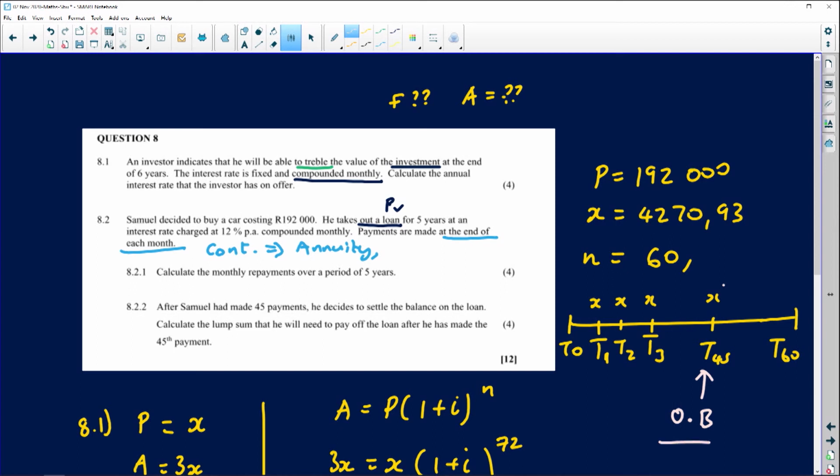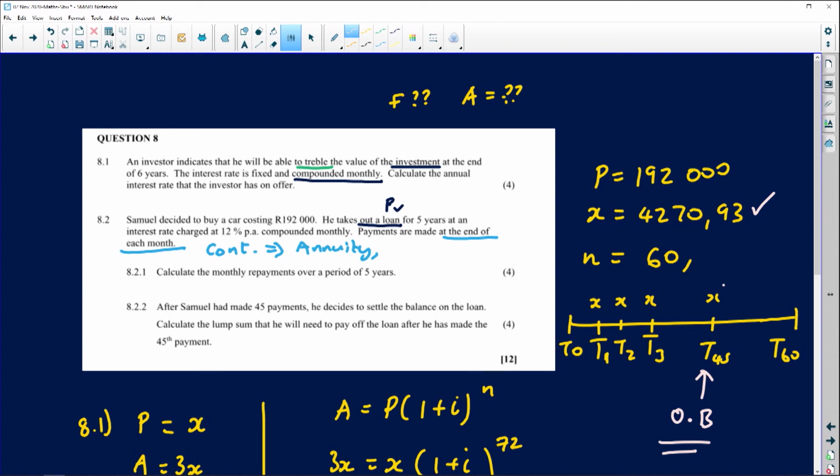Now, if you want to work out the outstanding balance at a certain period of time, you are going to use 2 methods. And the one that is easier that I want you guys to use is the present value formula, right? You're going to use the present value formula to figure out what the outstanding balance is going to be. But your n, you'll put the remaining n values that you must still repay. So what is the story now? We know what this guy is paying every month,